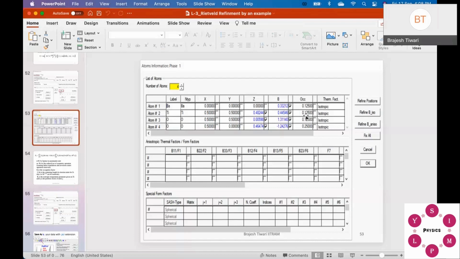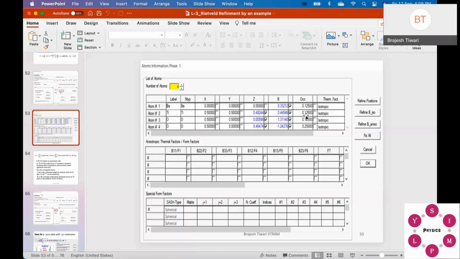I'll take another example. Say you are having vanadium titanate or vanadium iron oxide, something like that, V8FeVO4. Okay. There is also a possibility that vanadium can go to the iron site and iron can go to the vanadium site. So what you can do, you can add 2 more atoms in this list and put the atomic position same as iron for vanadium, and for vanadium you put iron, and then you refine that one. So you can roughly get the value. If you have very nice data collection, very high count, you can get very precise values of these compositions or disorder in the site. So these types of things you can get from here.